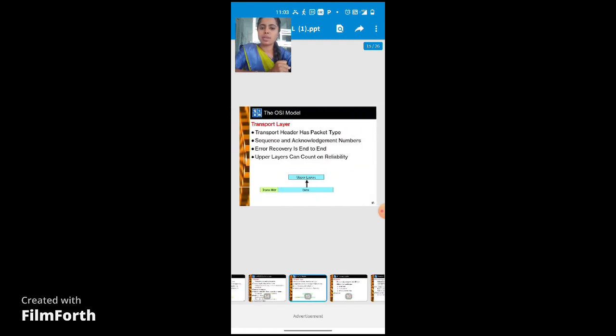Next one is the transport layer. The transport layer also has a message format. In that it has a packet type, then sequence number and acknowledgement number, and unlike the network layer, it provides error recovery mechanisms for end to end transmissions. The purpose of the